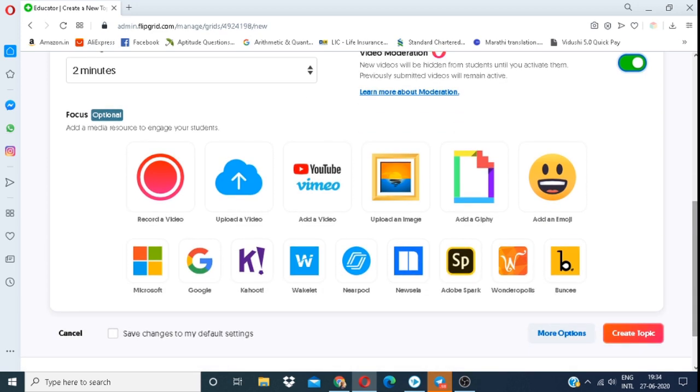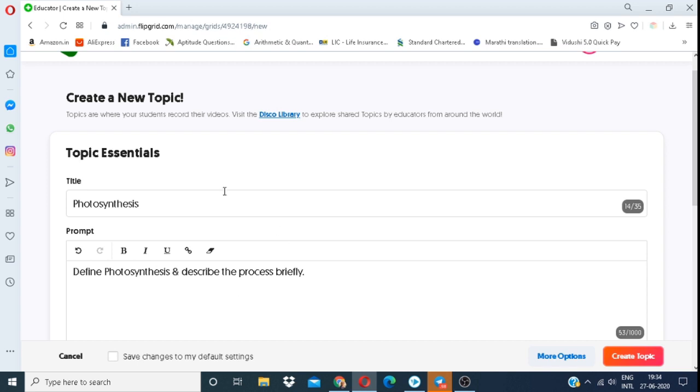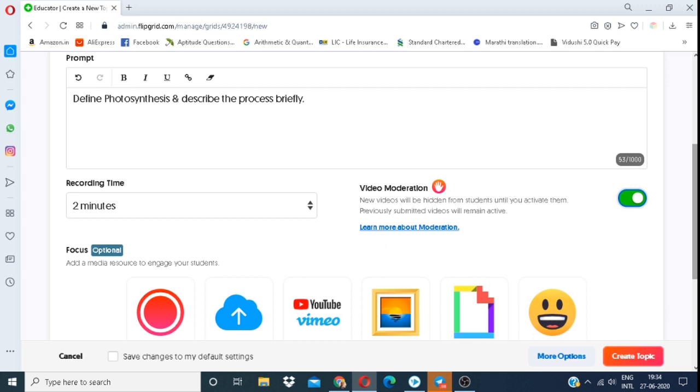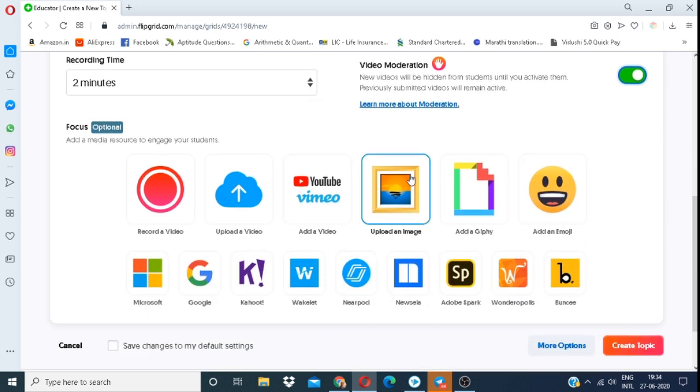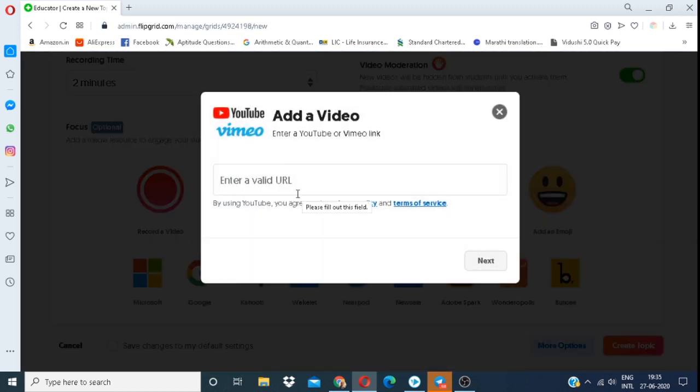Then we have many more options over here. Before giving an assignment or a task or a question to your student, what you can do is add a resource from your end. That is, you can record a video, you can upload a video, you can add a video from YouTube, you can upload an image, you can create an emoji and so on. So this is like a help from your end to your students. I am going to add a YouTube video. So let's search for a YouTube video.